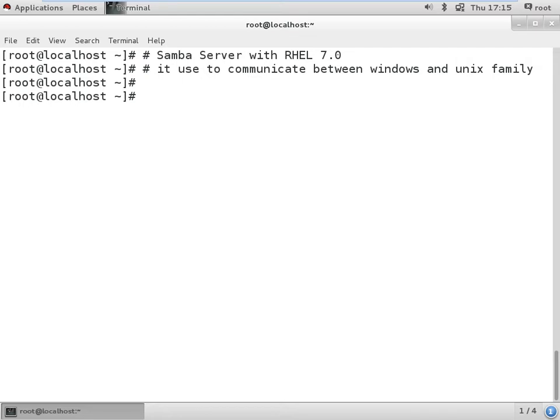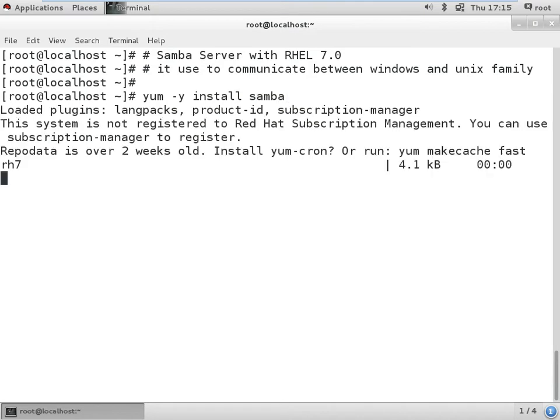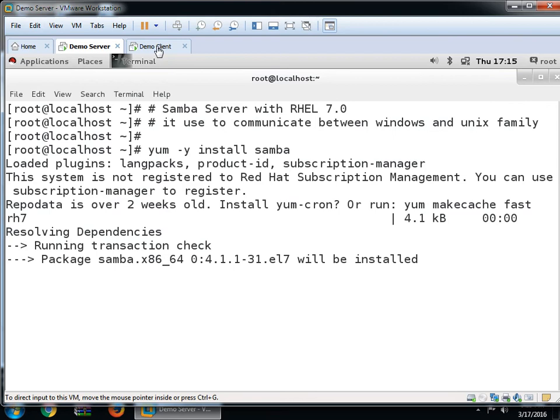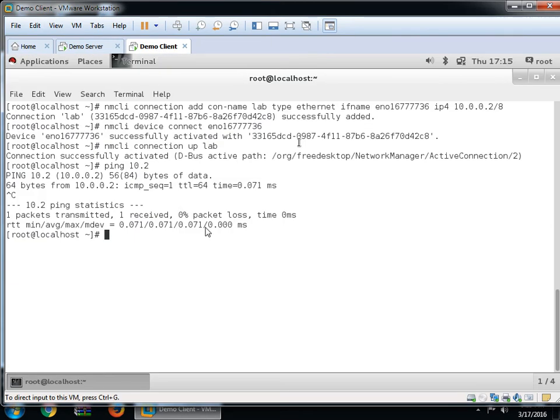First of all, we have to install this role in our system. So this is my server computer, suppose, and this is my client computer.